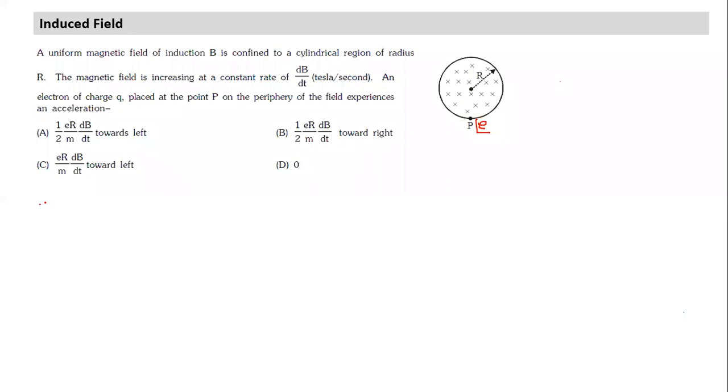Again, thinking backwards, to find acceleration I need to find the force acting on it. Force will be equal to q into the field. So essentially I need to find the field at point P. This question is equivalent to finding the field at point P. Which kind of field? Induced field. Is there any charge arrangement to create this field? No. This induced field is not electrostatic in nature. It is not because of a charge system. It is because of the change in magnetic field. Again, we have to remind ourselves it is due to change in magnetic field.